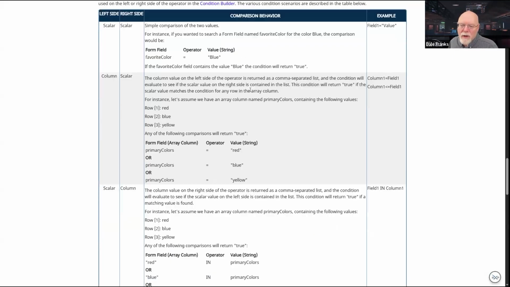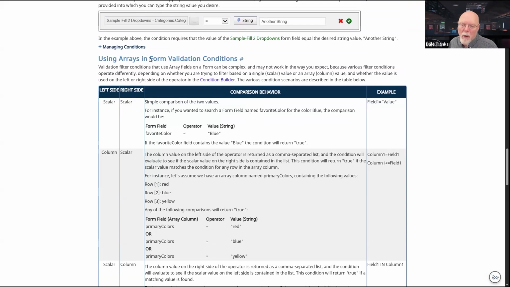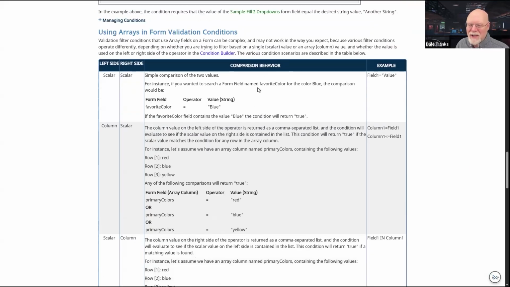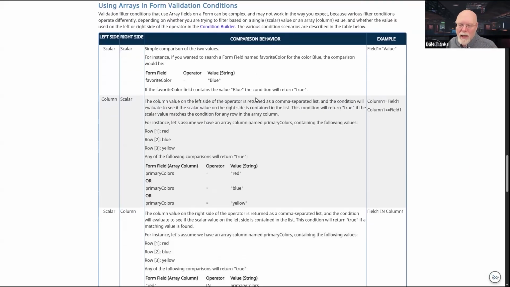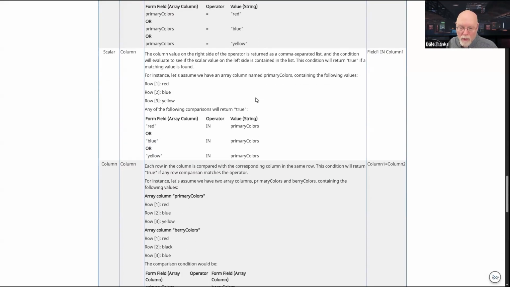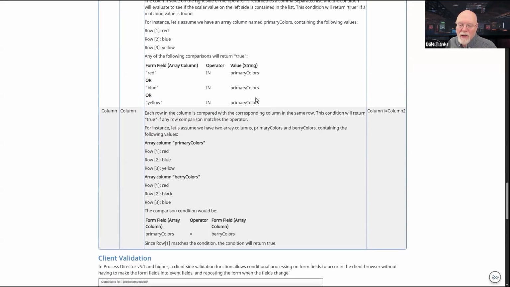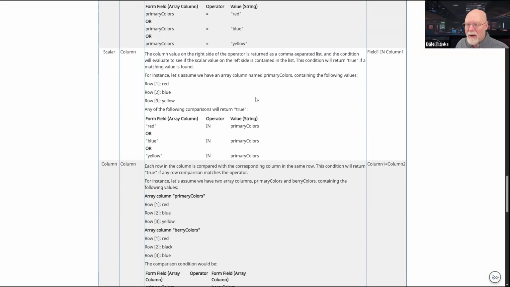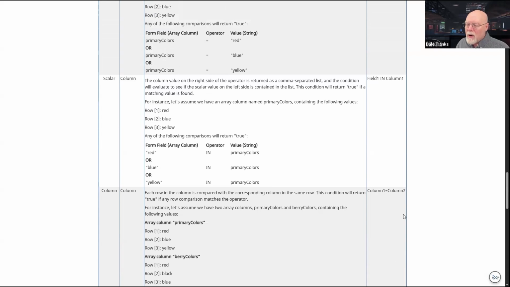So this gives you a good idea. Forget form validation conditions, it really sort of works this way everywhere. But we often run across it in form validation. So the important thing is this table right here about how array searches work, and how array validations work. So whenever you're creating these conditions, just be aware that arrays are going to work a little bit differently because of the more complex nature of how they work.